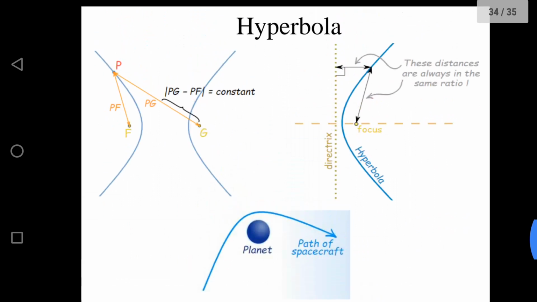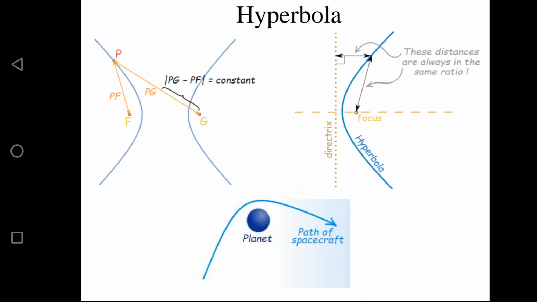Next comes the hyperbola. What is a hyperbola? You must know what a hyperbola is. You can see the first figure. If I explain the definition of a hyperbola, a hyperbola is two curves that are like infinite bows. It is quite similar to a parabola, but a parabola has some different properties and a hyperbola has completely different properties. In a simple sense, a hyperbola is two curves that are like infinite bows.